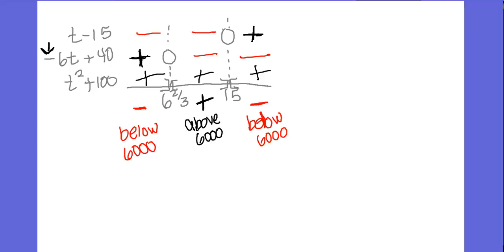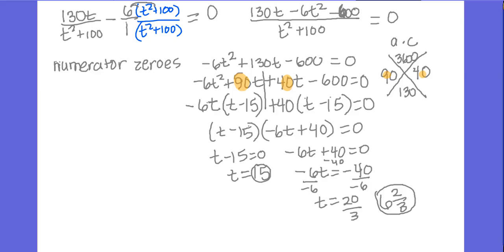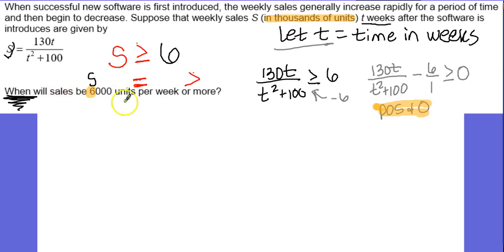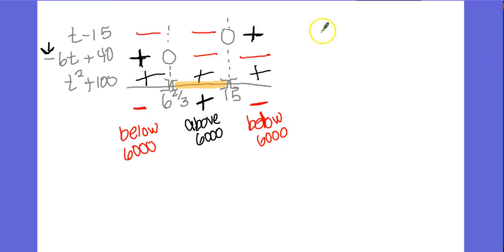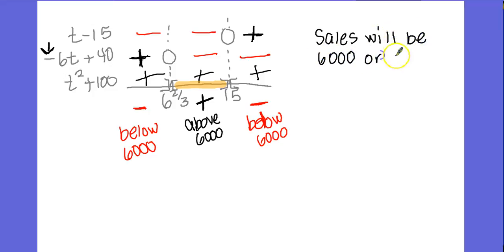And now that I have my sign chart and I have identified all the different intervals, I'm going to highlight the answer I wanted, which was here, when my sales were above, positive. So I'm going to answer the question by going back to the sentence structure in the problem for a moment. Let me go back and look at it. It says, when will sales be 6,000 units per week or more? So I'm going to start by saying sales will be 6,000 or more